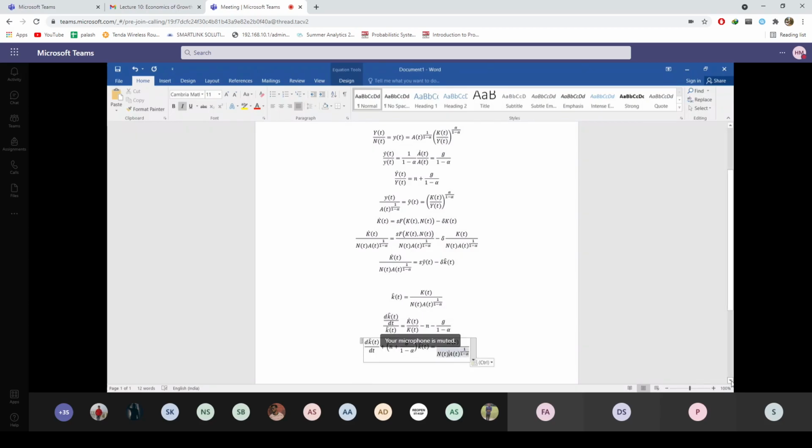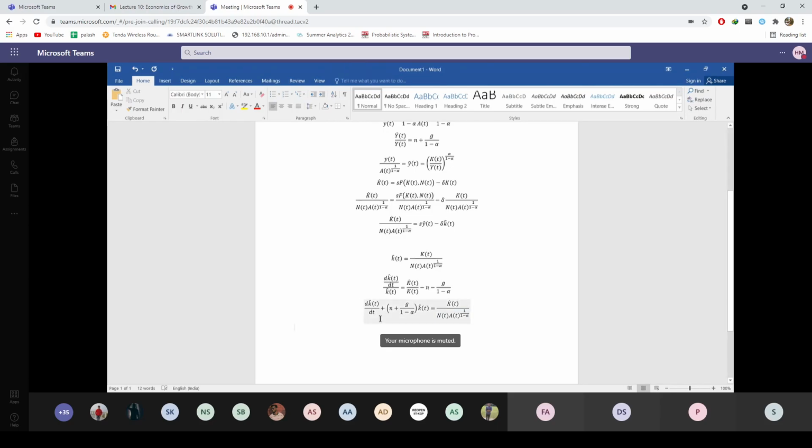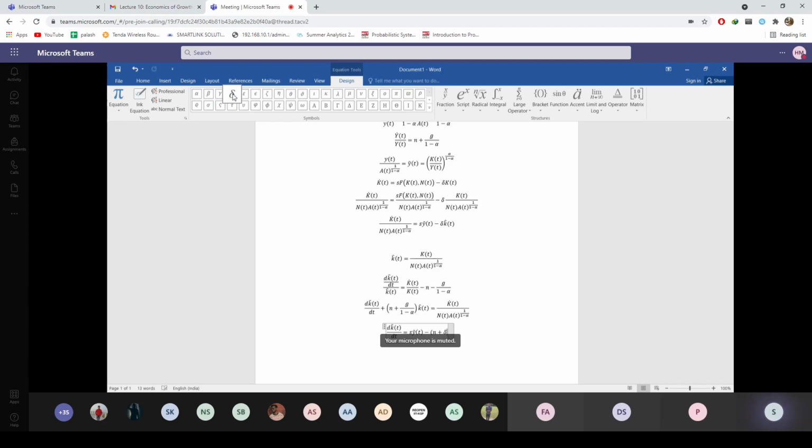Now you substitute that over there, you get your fundamental equation. Is this equal to this minus the bracket, you will get n plus delta plus G divided by 1 minus alpha, multiplied by K hat dot T.